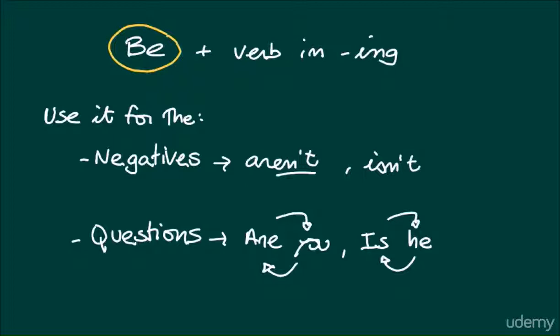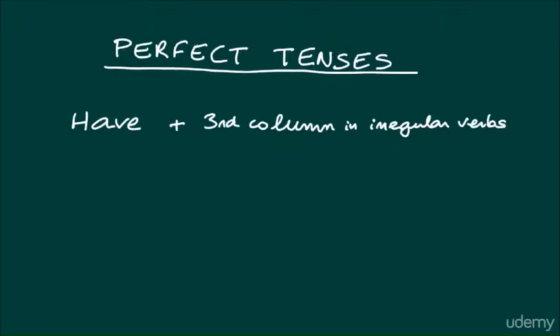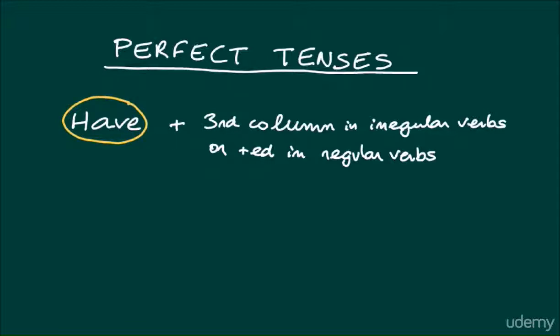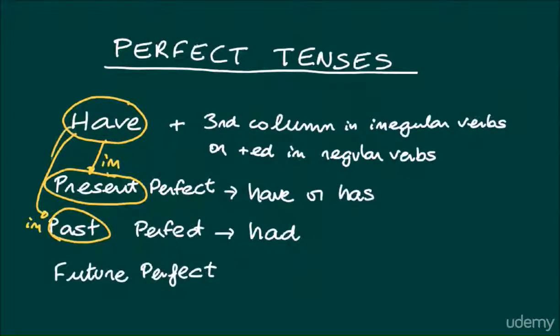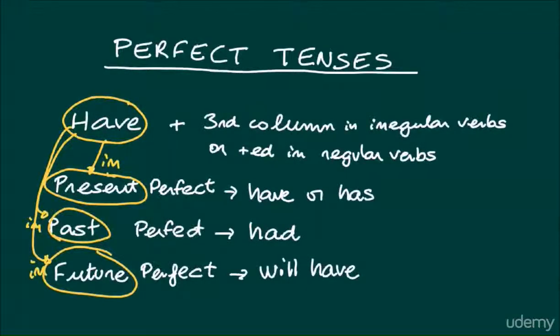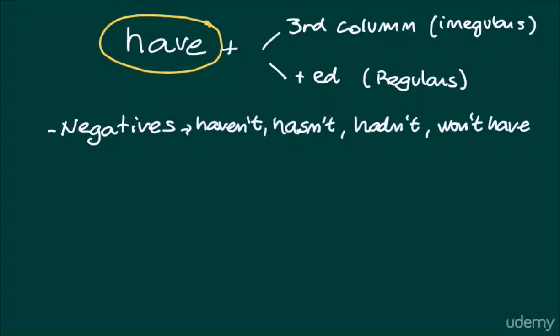The other structure is the perfect tense. They are used with the third column of the irregular verbs, or plus ed of the regular verbs. It only changes the time of the verb to have. For example, in present perfect, the verb have goes in present: have or has. In past perfect, the verb have goes in the past: had. In future, the verb have goes in the future: will have. To create the negative sentences or questions, we use the auxiliary have and put it in negative or at the beginning of the sentence, in the A position of the formula